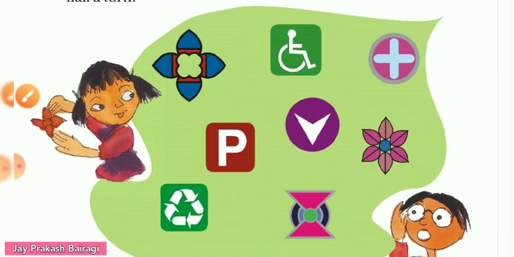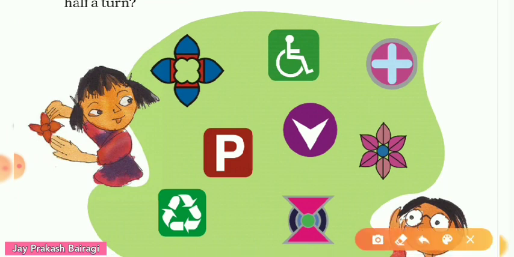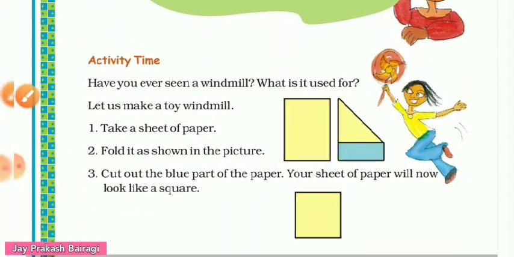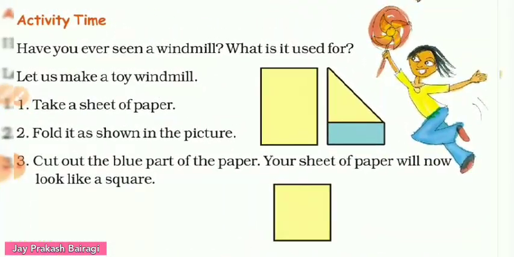Now we have 2 more pictures. Here we have a triangular design. Triangular designs do not look the same in a half turn. In previous pictures we have solved this, and here the last one will look the same in its half turn. Now an activity is here, so let's look at this activity.